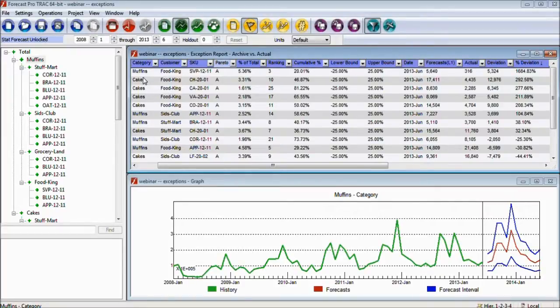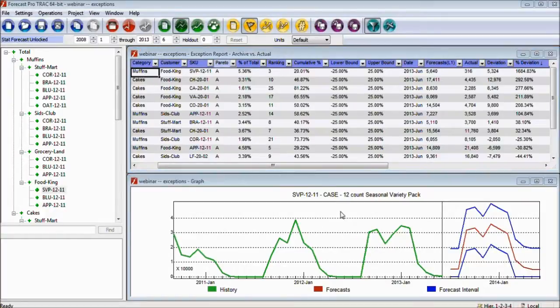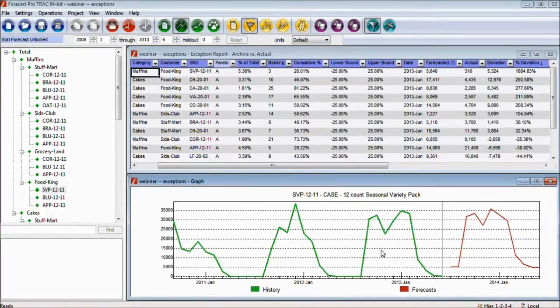Our first one, let's double click on it. That'll navigate to it. I'll turn off the confidence limit so we can see it a little better. This was flagged as an exception. Last month we forecasted 5,640 units, and it came in at 316. So we were off by over 5,000 units, and the percentage that we were off by is a whopping 1,684%. For most of us that's probably an unacceptable error, and we want to take some